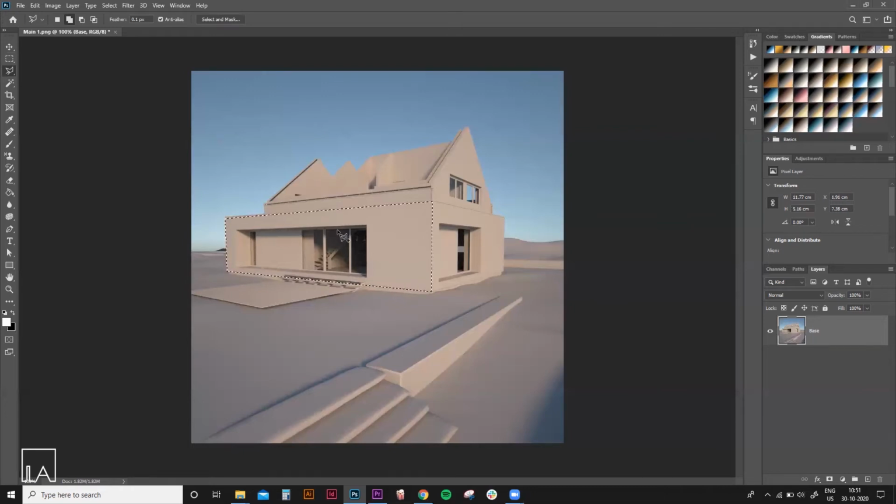And since in this region there is a recess and I don't want my pattern to be there, I will have to remove this part from my selection, and to do this I am going into my subtractive mode of my polygonal lasso tool and removing the same from this selection.